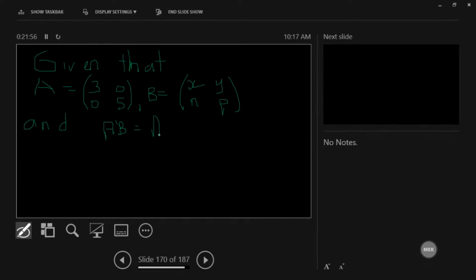AB is equal to A plus 6B. AB is equal to A plus 6B. So we're to calculate the values of